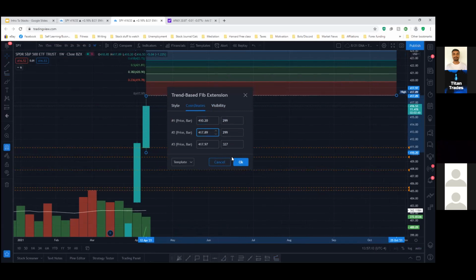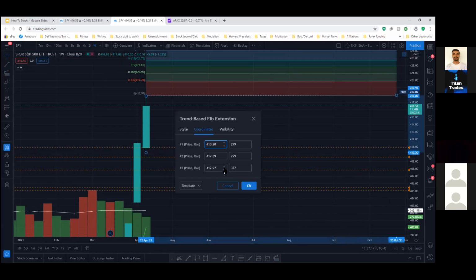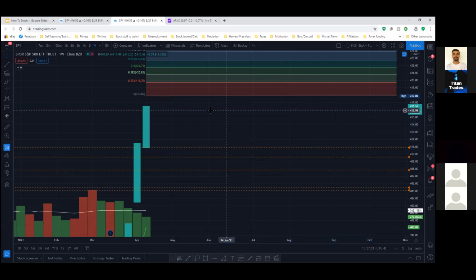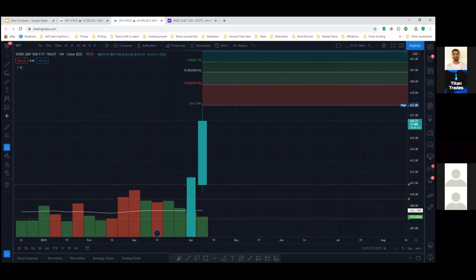There we go. It has to be accurate or your levels are going to be kind of weird. So if you see the highs at 417.89, you want to make sure the extension is at 417.89 or you